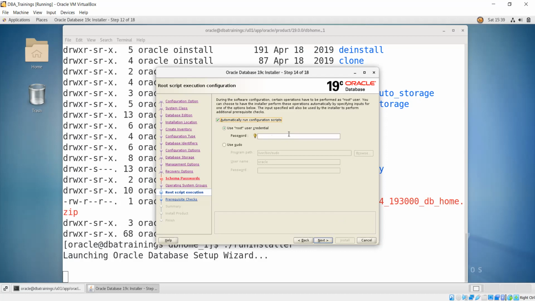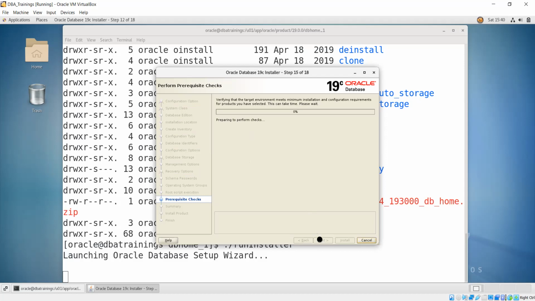That is the one option. The second one is what? After the installation, it will ask me that root should execute, and then we can run from the root. So both ways are possible. So let me go with this run. Then click next.